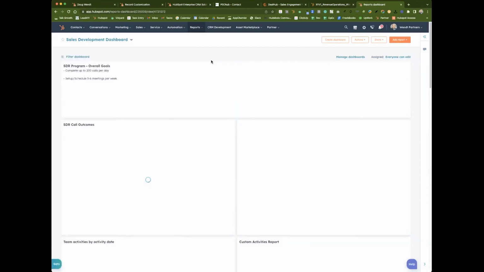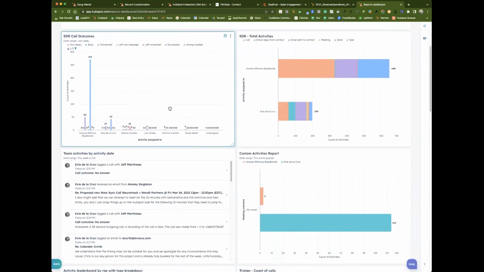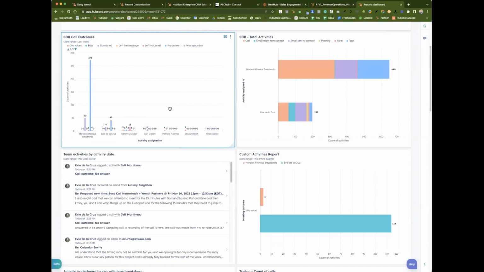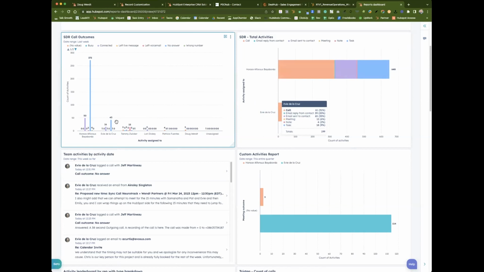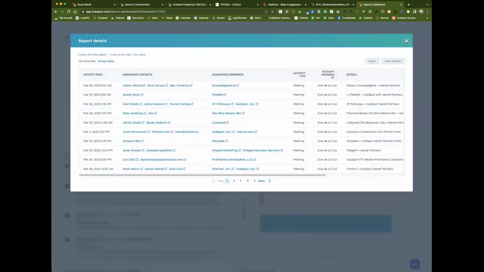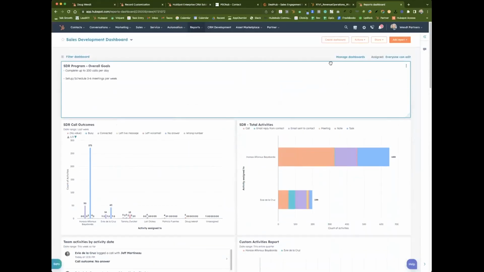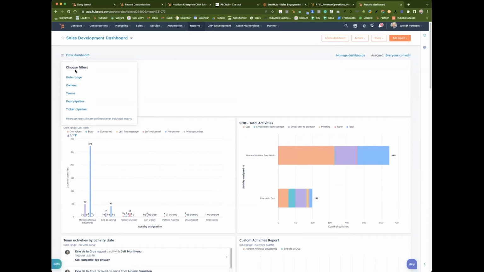I love a dashboard. The thing that I like the most about dashboards is, one, you can segment the information that you want to quickly capture and view on one page. And then you also have the ability to not only filter on the report, but filter the entire dashboard itself. So if I want to see reports or things that just have me or my team, or maybe it's a date range, it filters every report on that dashboard and allows me to not have to go in one by one or adjust things,